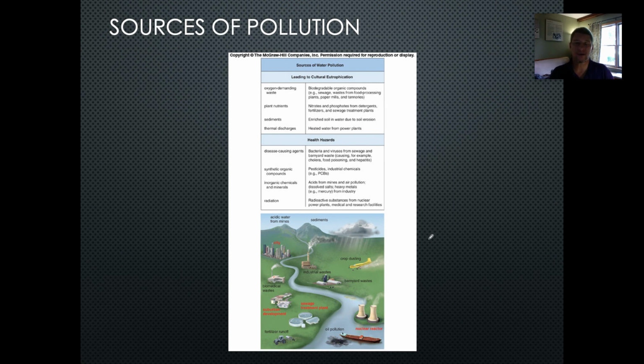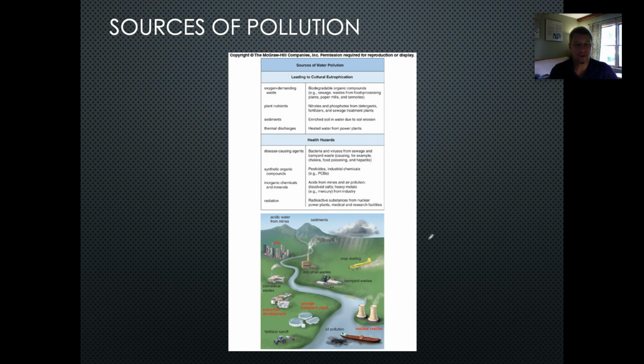The bacteria and viruses from sewage and barnyard wastes, farmlands, in other words, can lead to bacteria growth in terms of cholera, food poisoning, and hepatitis, believe it or not. We use synthetic organic compounds to kill bugs. We use inorganic chemicals and minerals and release them into the environment from mines and factories. And radiation from